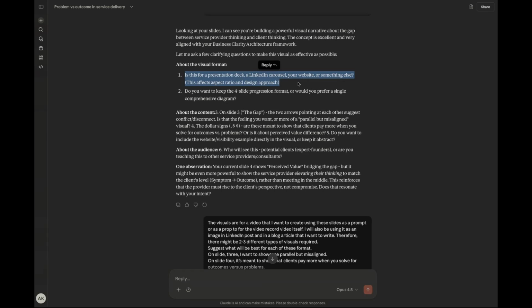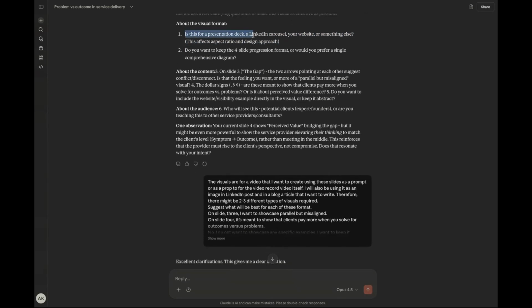Yes, I understand what it is all about, etc. But what is it for? You're making these visuals. What is it for? And do you want to keep the 4-slide progression format? Do you want a single comprehensive direct? And then see here,